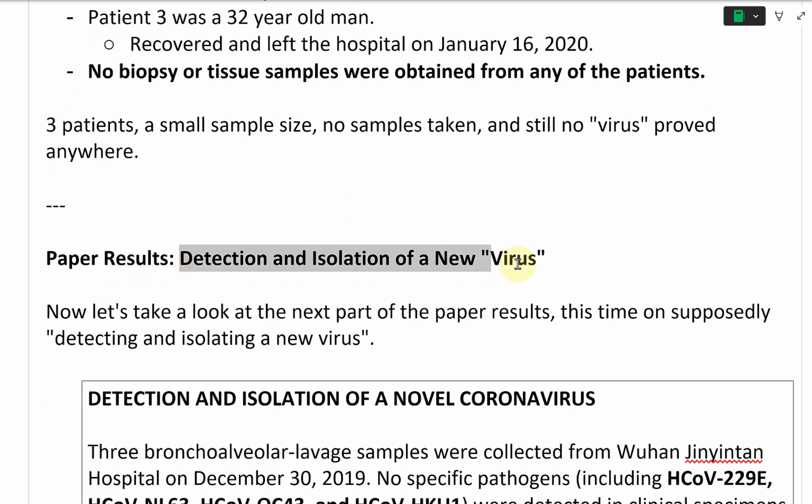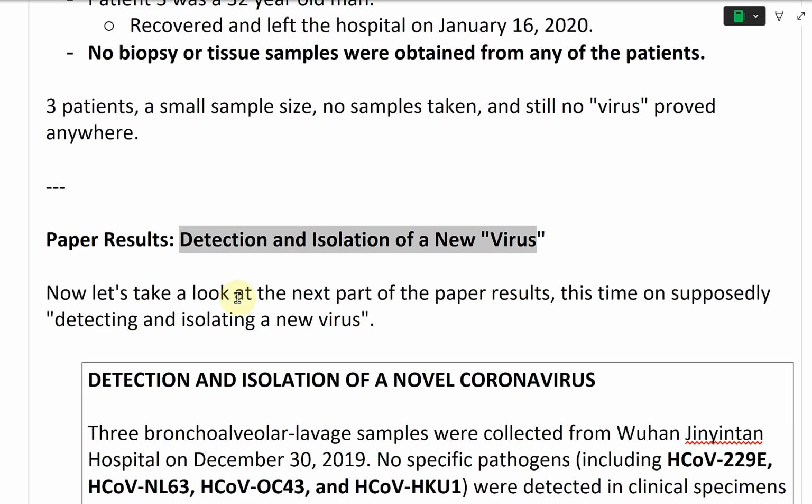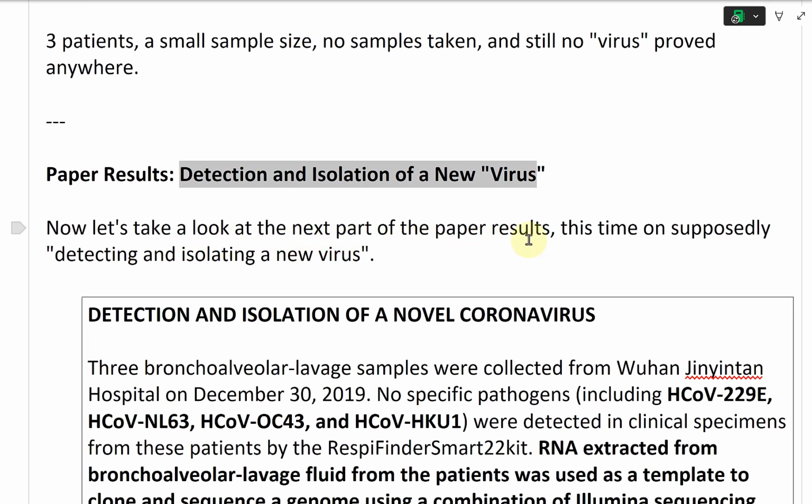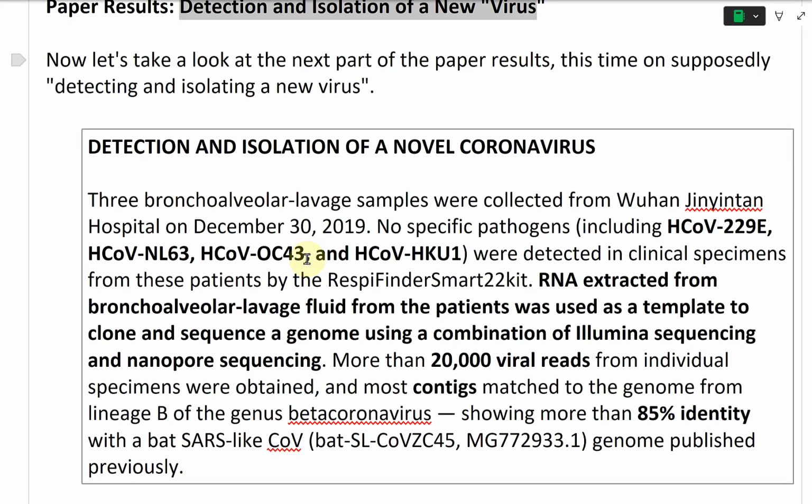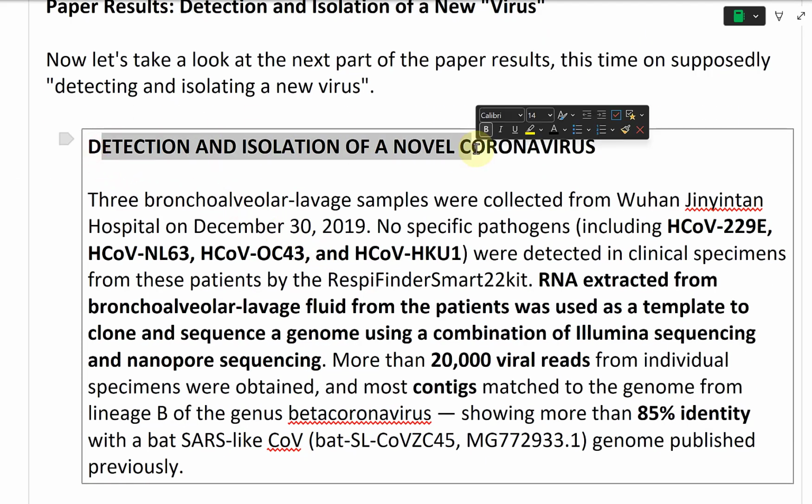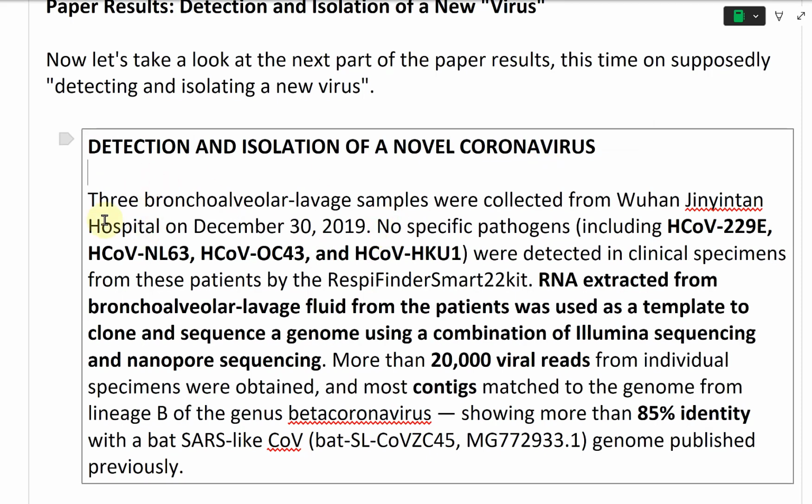This is on detection and isolation of a new, quote, virus. So now let's take a look at the next part of the paper results, this time on supposedly, quote, detecting and isolating a new virus. And here it is, the detection and isolation of a novel coronavirus, and these are the results of these detections and isolations, supposedly. So 3 bronchoalveolar lavage samples were collected from Wuhan